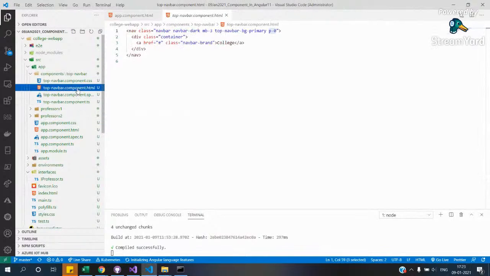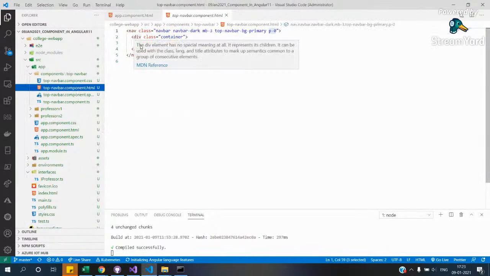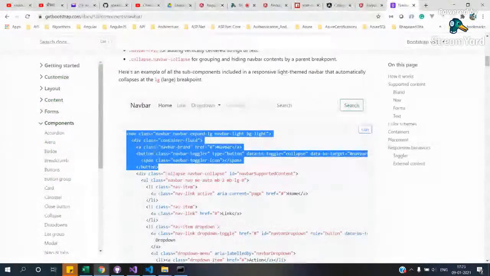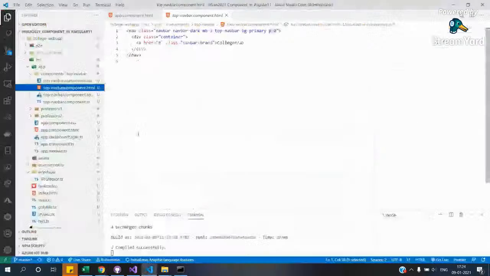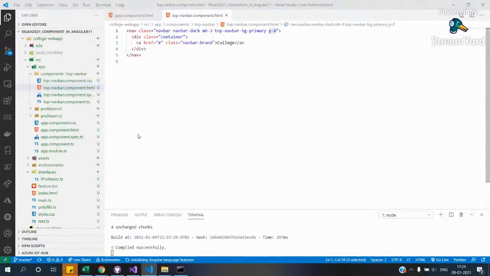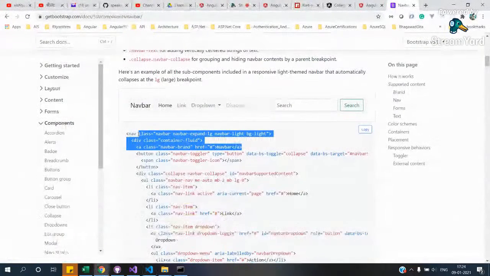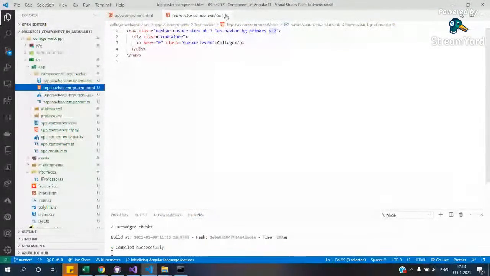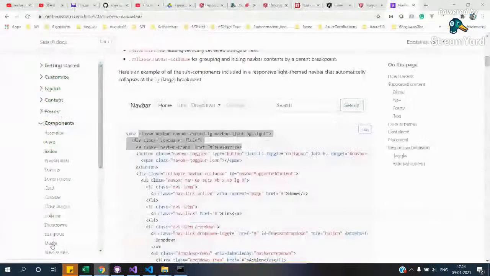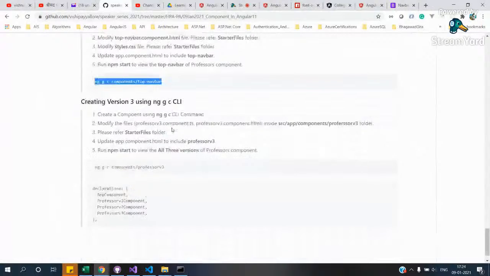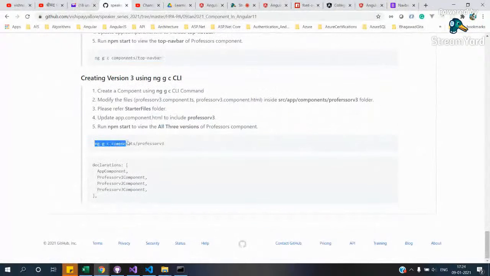See this, we have one, this one, and one div, and this nav brand. So we took that and this div and this brand, only these top 3 lines. We didn't do anything new. So we have that. Now let's create the version 3 of our component. Now that we know how quickly we'll be able to create this component, so let's go and grab this guy